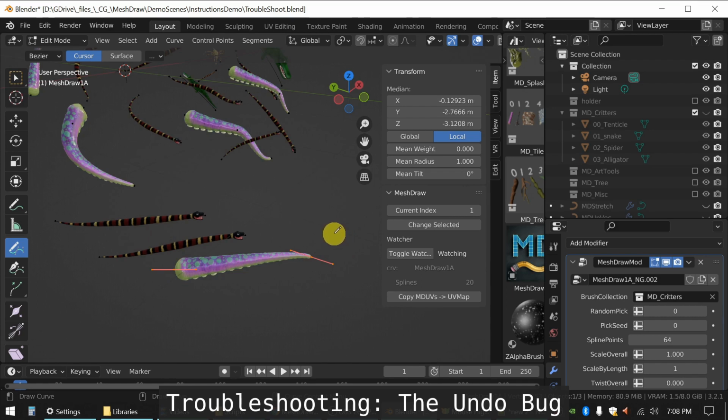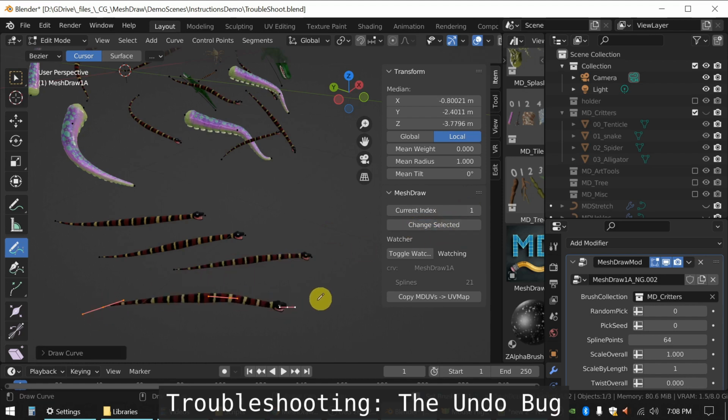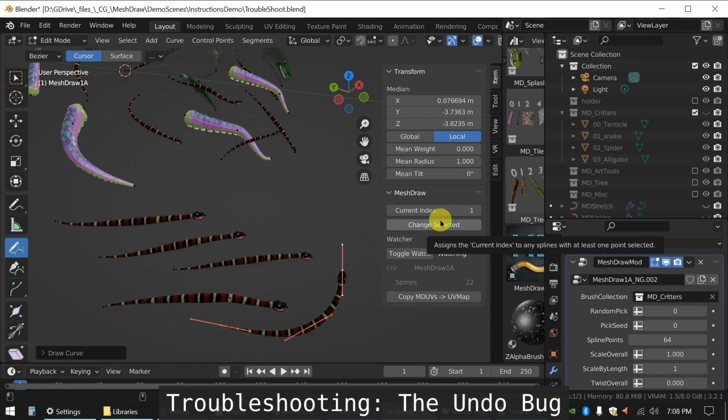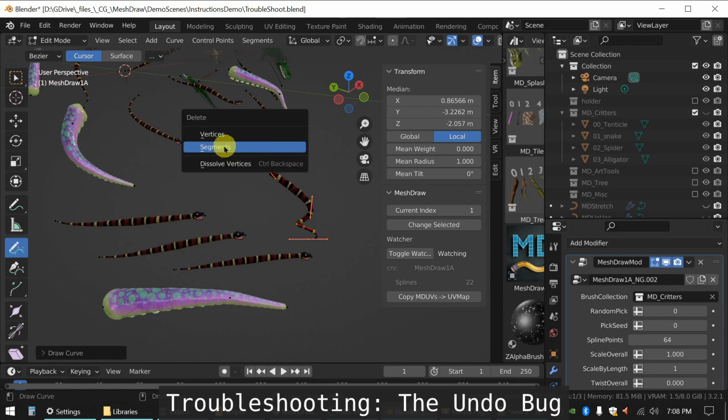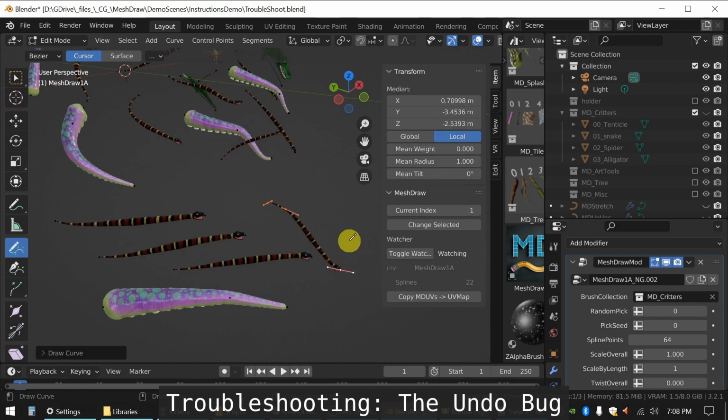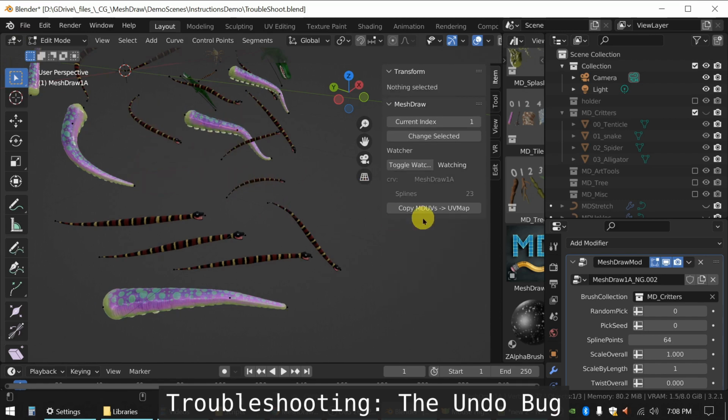I will say it does select it, and if you're on the index that you want to be on, you can just click the button. So it's not terrible. Also, the other thing you can do is if you draw a stroke that you don't like, you can just immediately hit the delete key and delete the segments. That way you're not causing an undo. That only applies when you're using the script and when you're in the middle of drawing. If you come in here and start doing a bunch of other stuff and then undo, you'll be fine. So that is the undo bug. Currently no solution, but that's